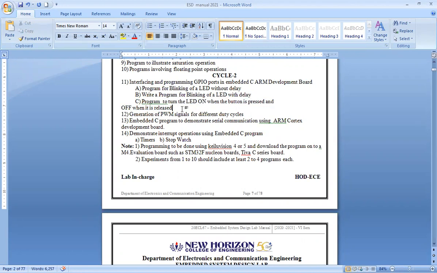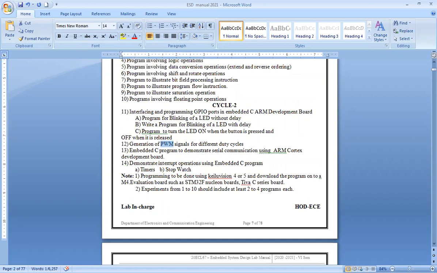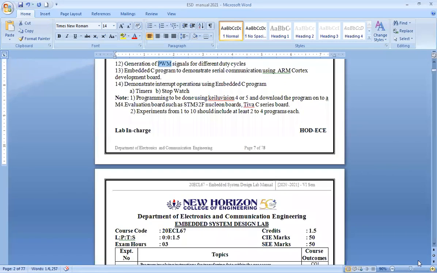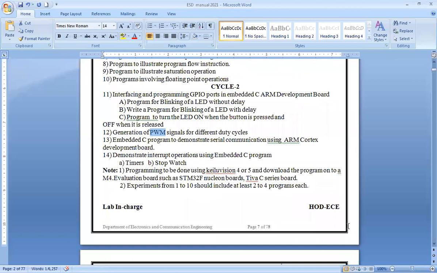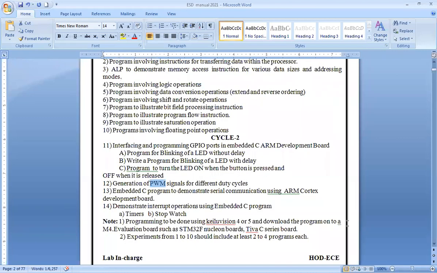And you will have generation of PWM. What is PWM? Yes, pulse width modulation. Very good. So based on the width of each pulse, the signal is actually encoded.